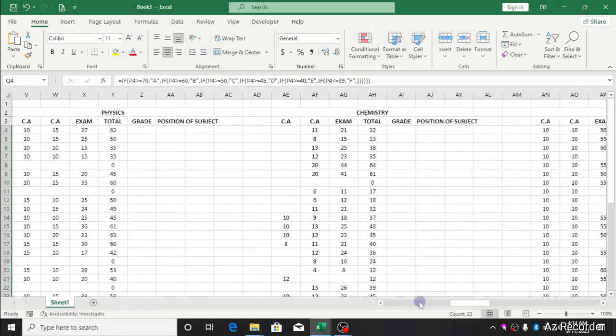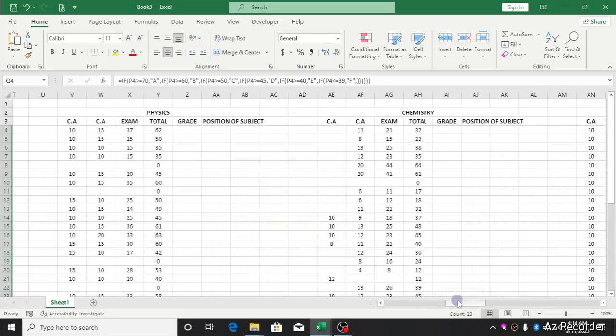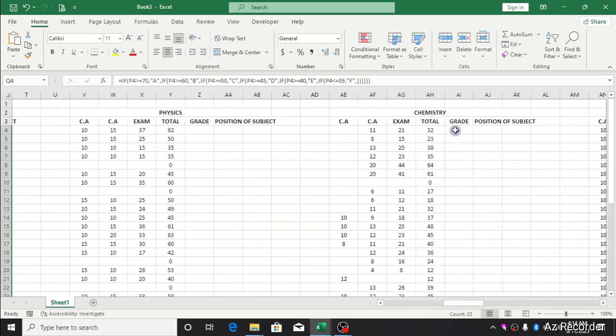So in these cases now, remember we have already copied that one already. It's already in the dashboard. So what we do now is just press Ctrl V. You see that it has appeared. So what do you do now? You are going to look at this one now, which is referencing